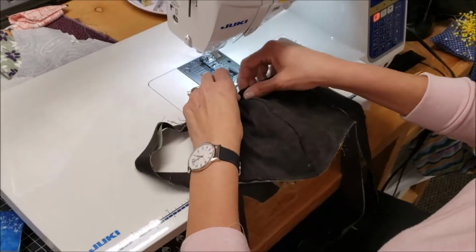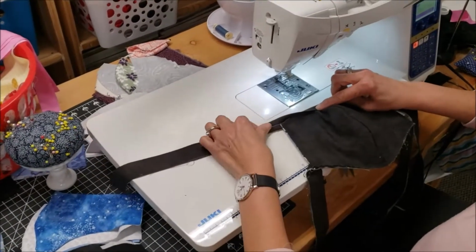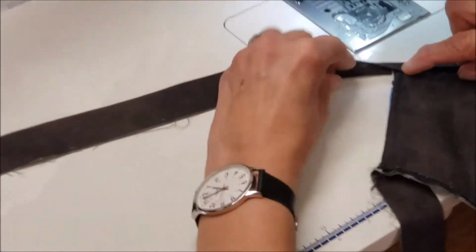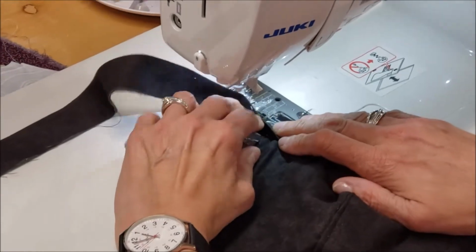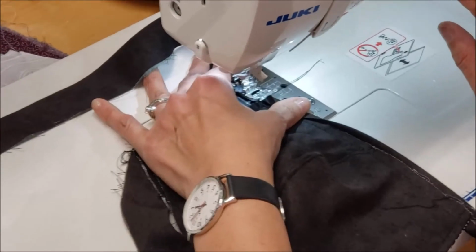Okay, so now what I'm going to do is I'm going to just lay that over and see where this generous 1/2 inch comes in right here. It helps you have the perfect fold. Now you can do whatever you want. If you want to be more precise, it takes a little bit longer, but I like to do